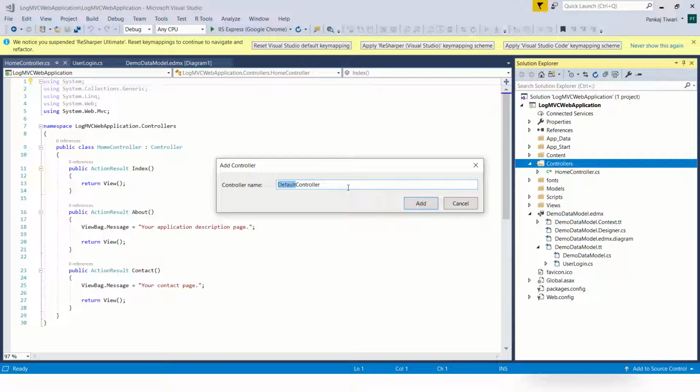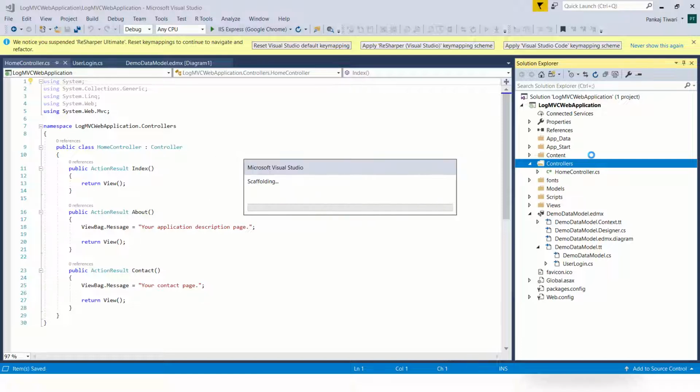You can give the name whatever you want, so I'm going to give account controller. Just select add. It will take some time because it already has a scaffolding template, and by using that it will create the controller.